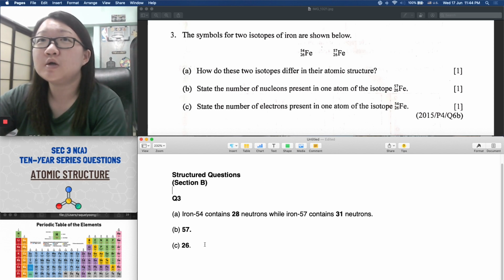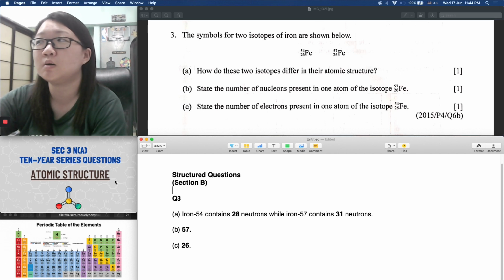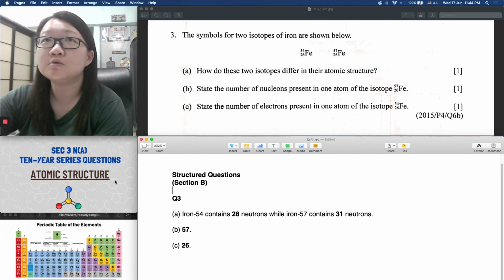So we have come to the end of the TYS questions for the topic on atomic structure. Hopefully this has been helpful in helping you revise and consolidate the concepts in